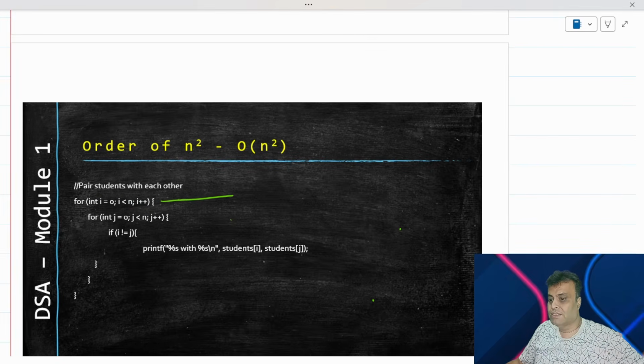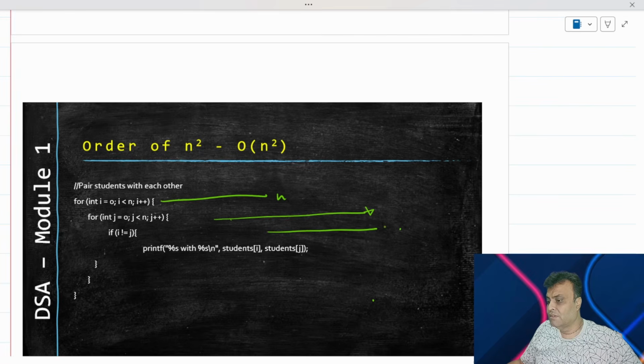Right? So we will say that this line executes in an order of n. If this line executes in an order of n, then all the lines inside will execute in an order of n, isn't it? Every line within the for loop will run n number of times because this line itself runs n number of times. So now if we come inside, we have another for loop. This for loop also executes itself in an order of n, and all lines inside this for loop, this line and this line, will also execute in an order of n.